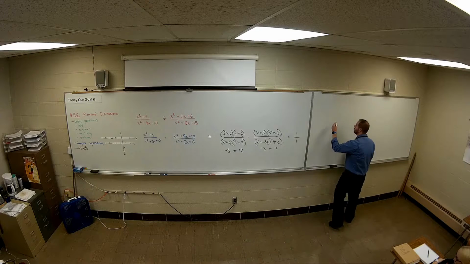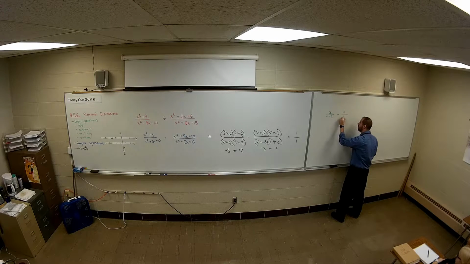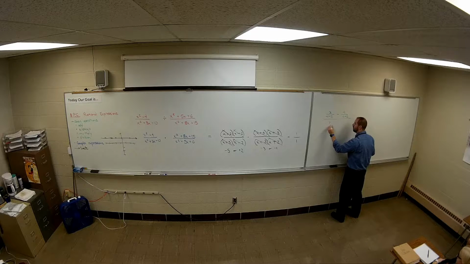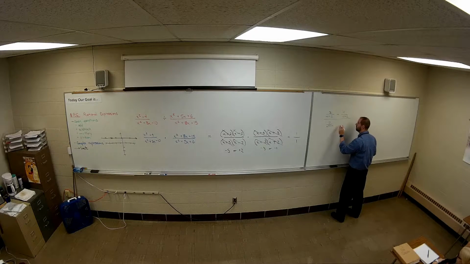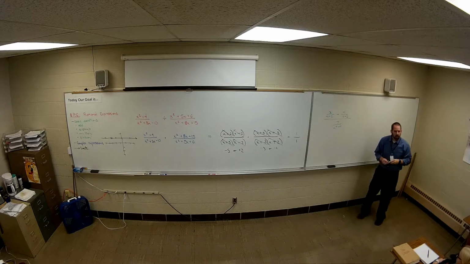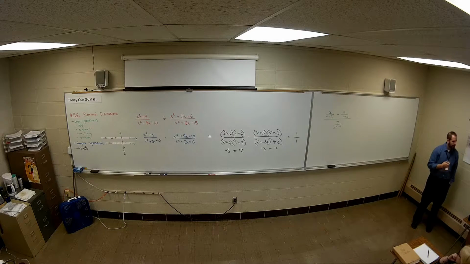What do we got? 3 over x minus 2, minus 4 over x plus 2, all over 7 over x squared minus 4. Oh, that's the whole bottom. Yikes. All right, so 7 over x squared minus 4. Yeah, so this is complex. What makes it complex? You have fractions over fractions in a fraction itself. That's the idea.